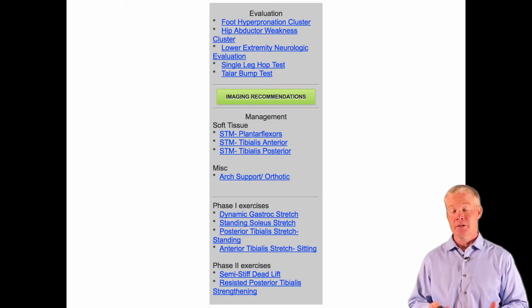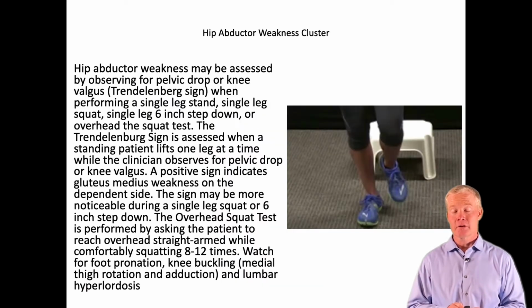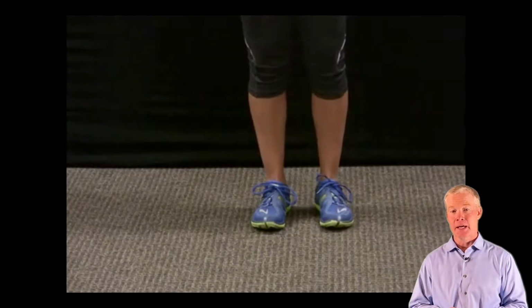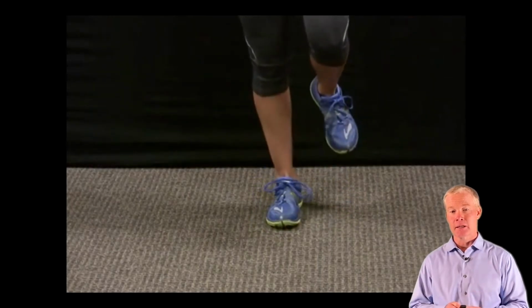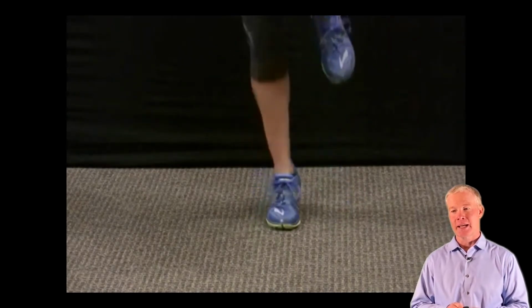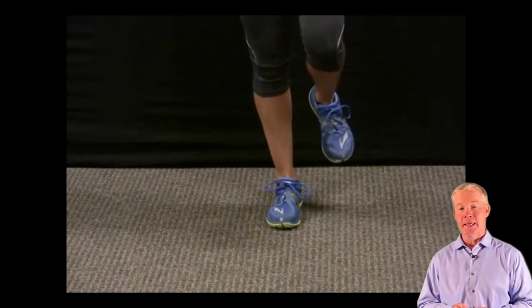Number one, you guessed it, we're going to look at what the underlying biomechanical stressors are. We're going to have that patient perform a single leg squat. We're also going to have them perform a single leg hop test, which is pretty simple. The patient's going to stand and they're going to hop on one leg. Now this patient's a little non-compliant. They're not listening to what they're supposed to do, but you can imagine what a single leg hop looks like, standing on one leg and hopping.